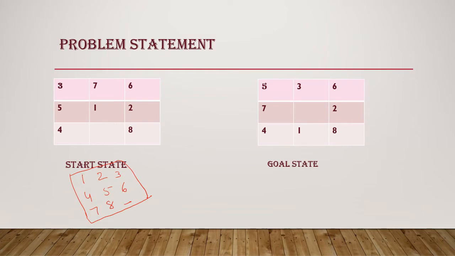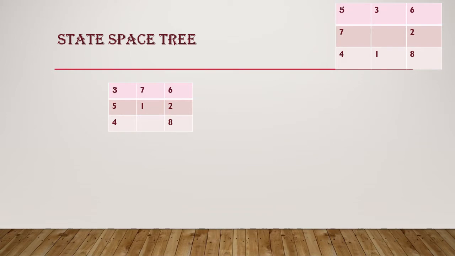Let us see the construction of our state space tree. While constructing the state space tree, we will always keep our goal state in mind. We will always start as usual with the start state. While proceeding with the construction, we have discussed that there will be 4 components, right? So what are the 4 components that we discussed in the previous video? The first one is a set S, which is a set of start states, and then we'll have the intermediary nodes. Each node can be treated as a state of the problem.